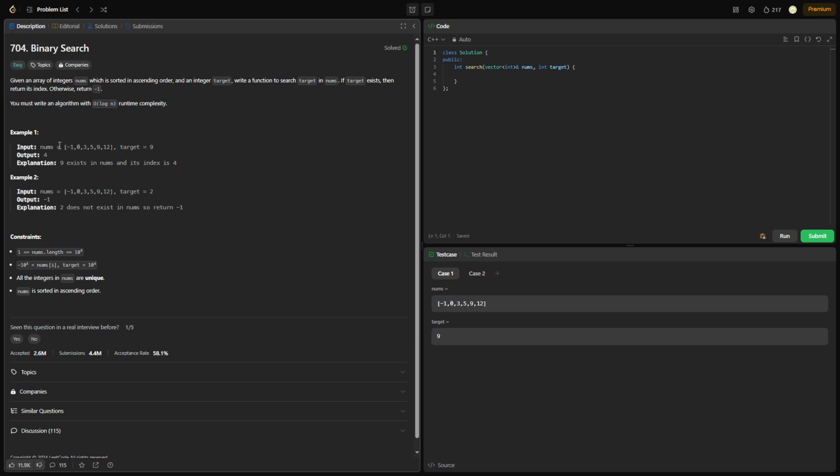So you're basically just given a sorted input array of integers, and you're given a target, and you basically have to find if this target exists in this array, using O(log n) runtime complexity, so that would be binary search. Now, if you don't know what binary search is,